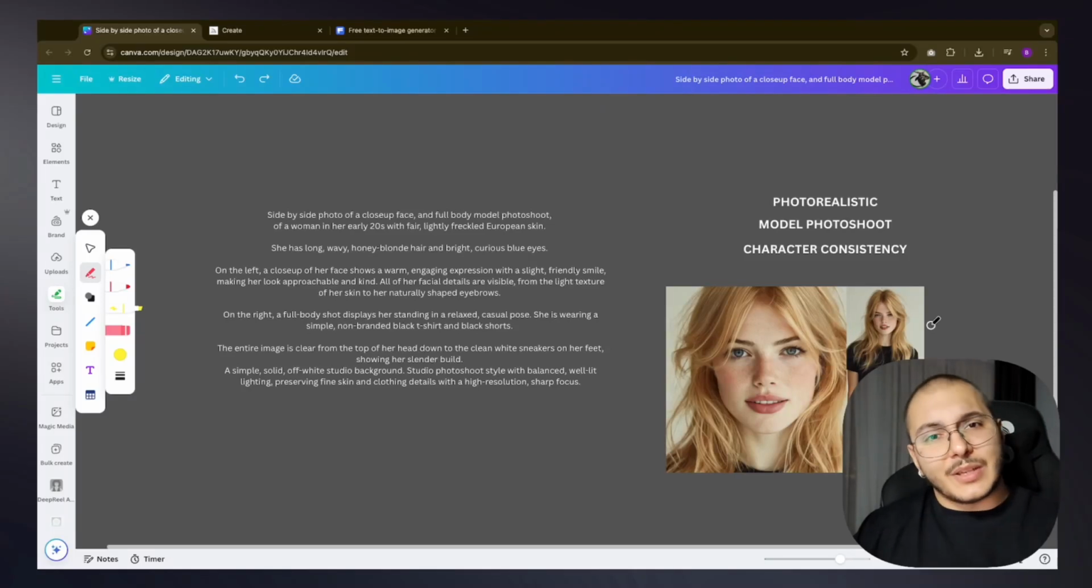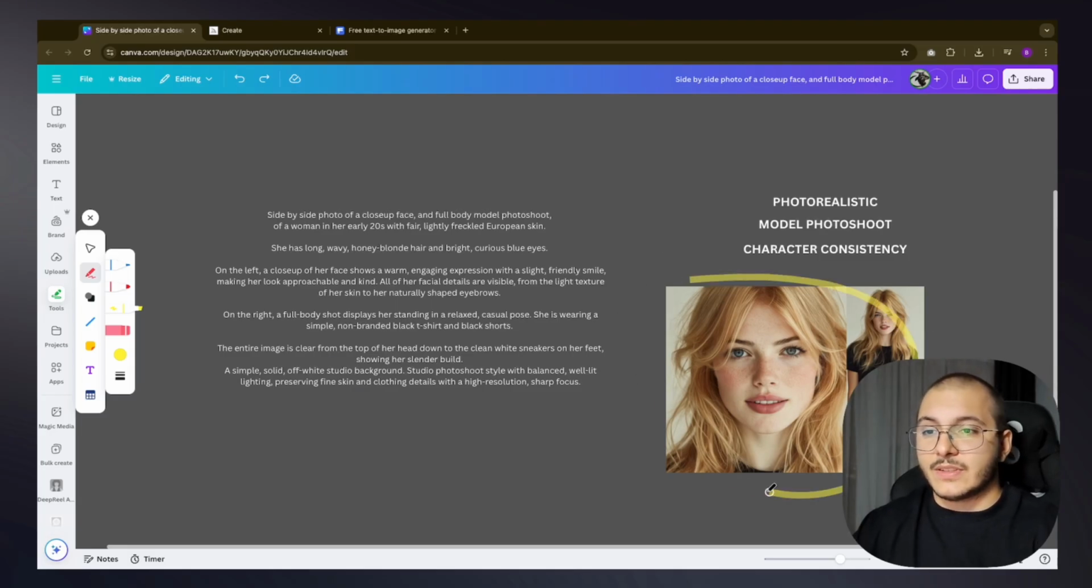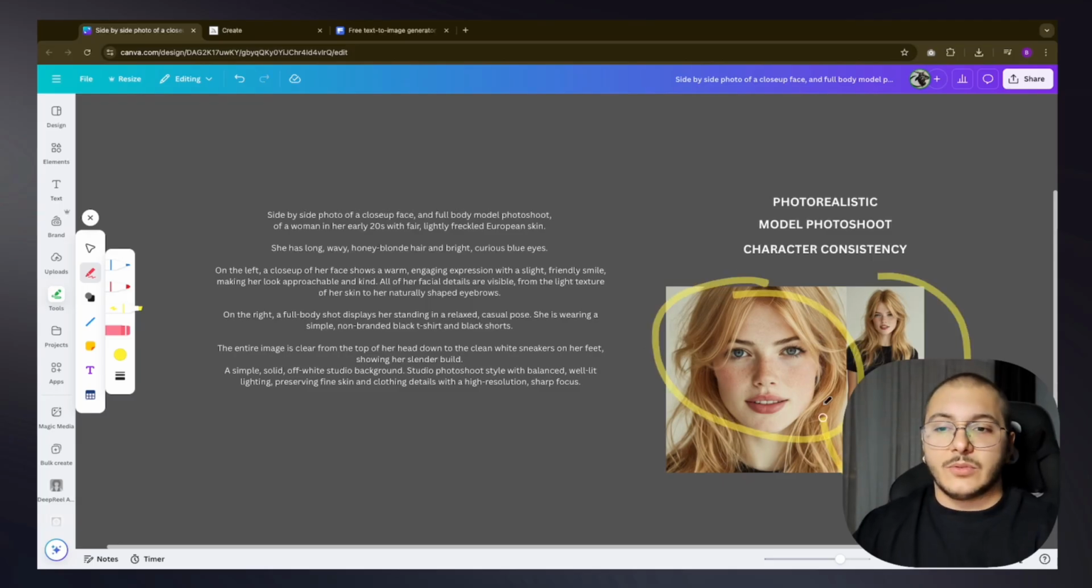Hello everyone, today I'll talk about how you can get photorealistic model photoshoots done right by having character consistency across all of your images. And today I'll talk about a simple prompt that lets you generate an image as shown in this one here. This will make sure that you get a character's close-up face and full body photo in one single generation,